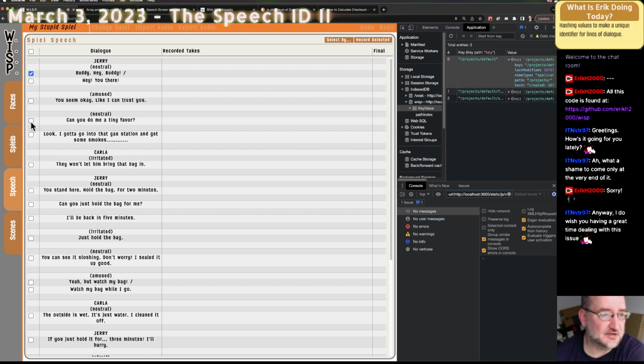So I've got this screen here, and it's got ways to select which lines you want to record. And the next thing I'm working on is some kind of persistent storage for the audio that's bound well to these lines. So each one of these, let me use the terminology that's more correct, at least in my project, each one of these dialogue texts